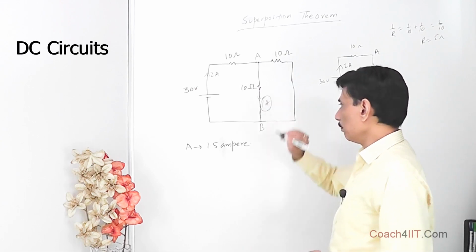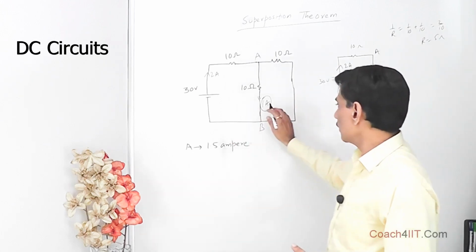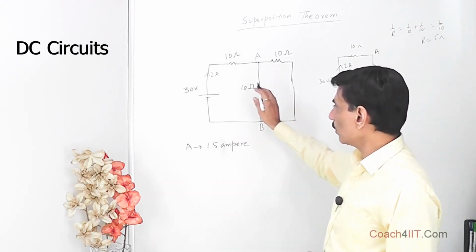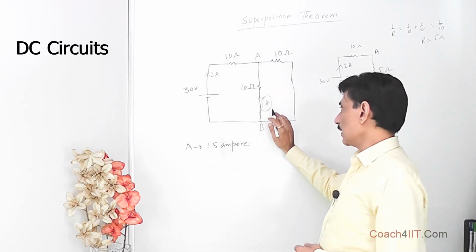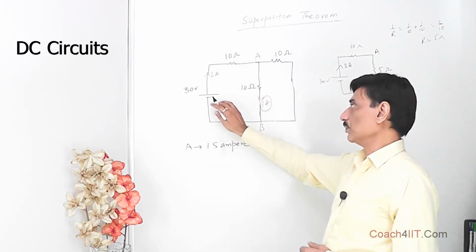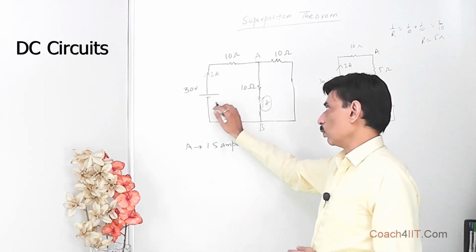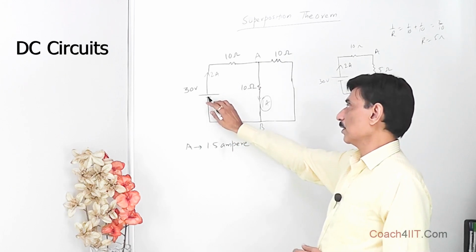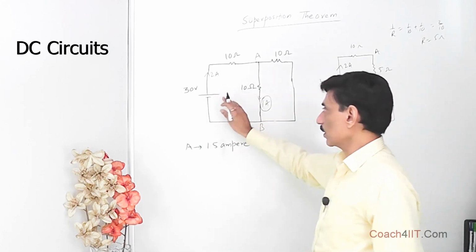So when we say 1 ampere, it is not the final current which shall be flowing in this direction. This 1 ampere is the contribution when there is only one battery. That is, 1 ampere is the current in this direction because of this battery alone. Now once we have calculated the contribution of current because of this battery in this arm of interest, we short circuit it,